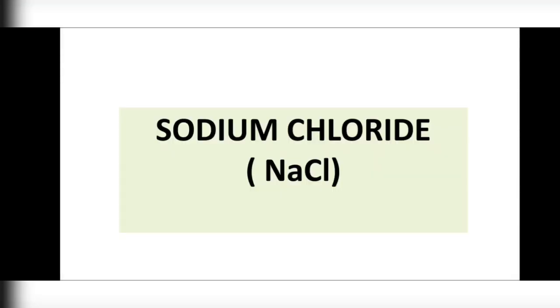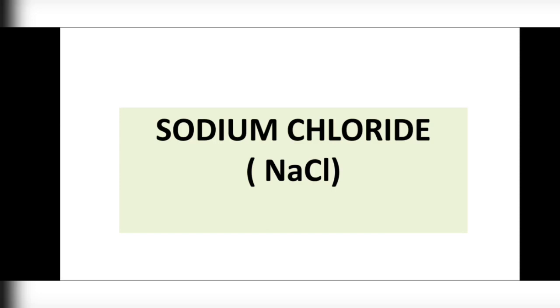Now, our next compound is sodium chloride. NaCl is a very common compound, isn't it? It is abundantly seen. The most abundant source of sodium chloride is seawater. This is the normal salt that we use. Its source is seawater, which contains 2.7 to 2.9% by mass of salt. Approximately 50 lakh tons of salt are produced annually in India by solar evaporation.